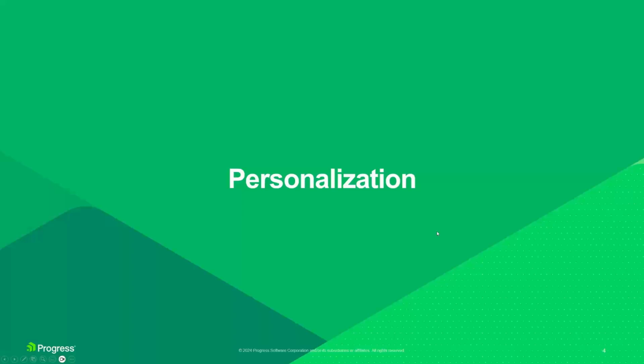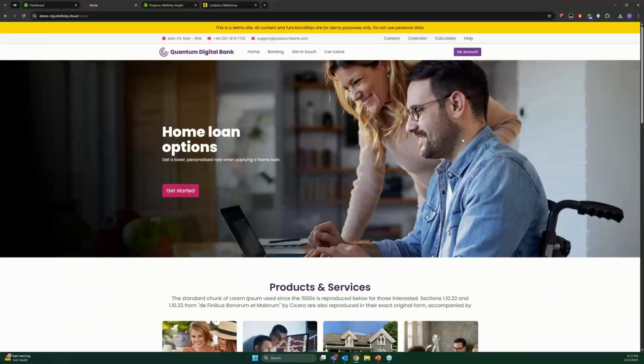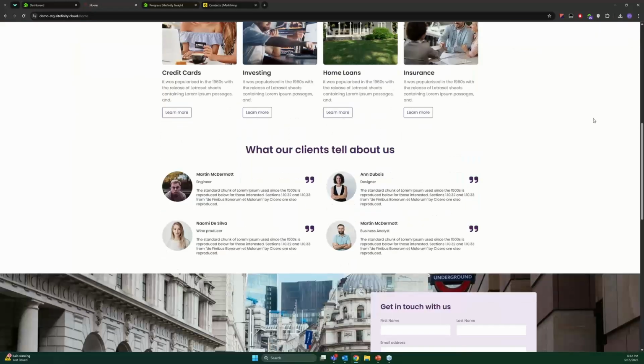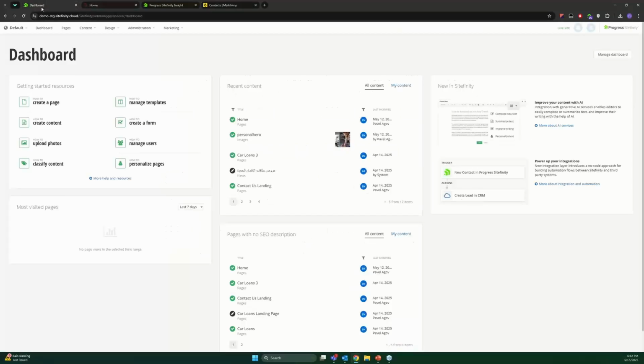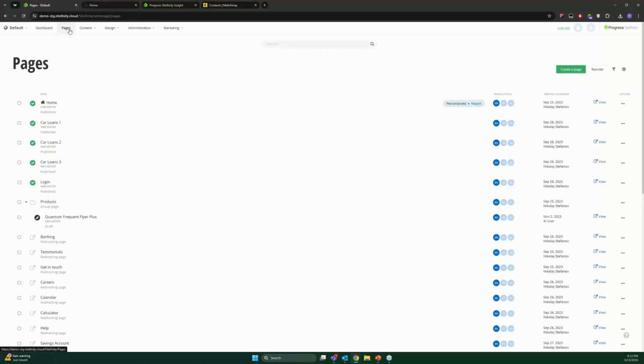We are going to go back to our demo here, but now we are going to move over to this banking website that we have, which we saw a little bit of in the very first session. Now we want to jump into Sitefinity itself and briefly update the content on the website to reflect that audience segment I just mentioned: products with savings accounts who are interested in home loans. So the first thing we want to do is define our segment